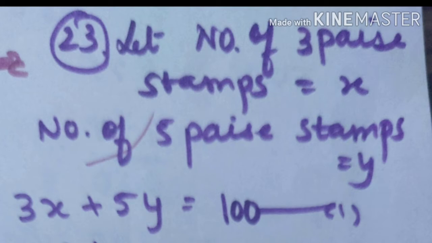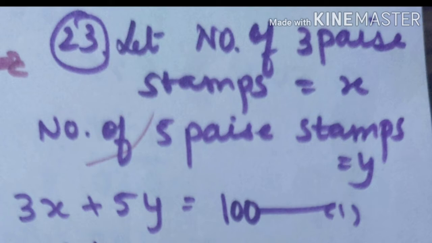Now it is written that the total of both the stamps is 1 rupee, but here 3 paise and 5 paise are given, and if we write 1 rupee on the right side of the equation, it will not be proper, as both the left side and right side should be in paise only. So 1 rupee is to be converted as 100 paise,